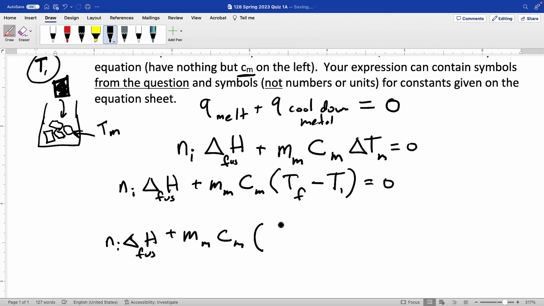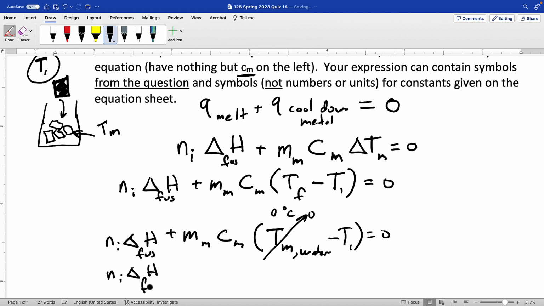So we can explicitly say this is going to be Tm, the melting temperature for water, which is just 0 degrees C. So we can go ahead and knock this out since we know it's going to be 0. And so we've got N ice delta H of fusion plus M metal C metal T1, and we've got to remember there's a negative sign here, so let's go ahead and put that negative sign in,